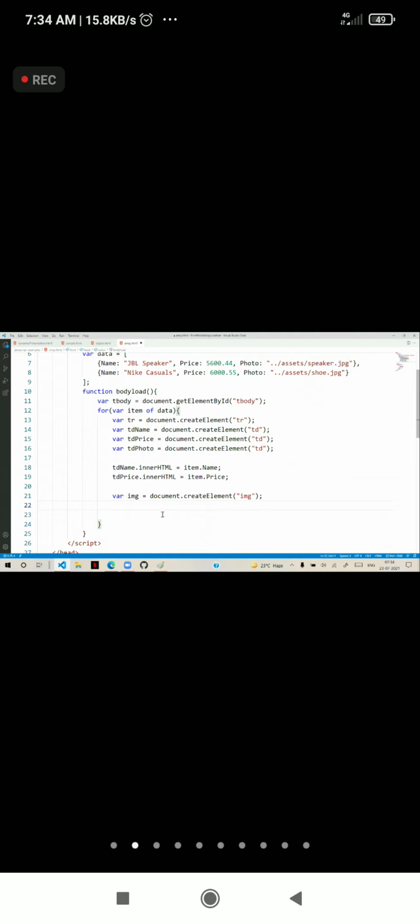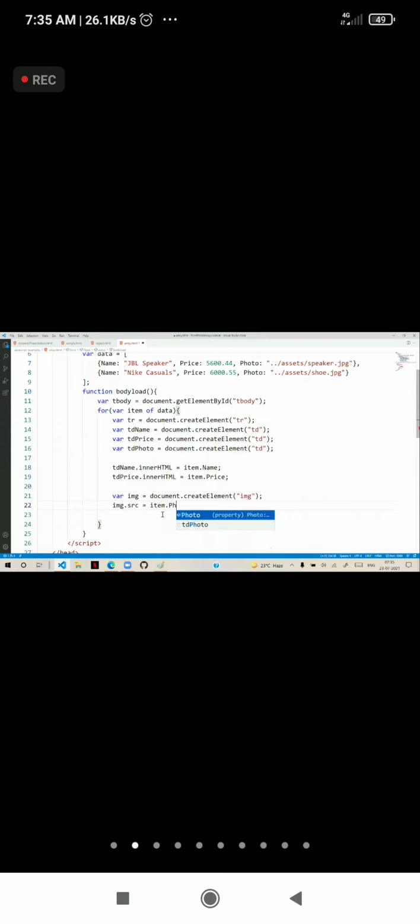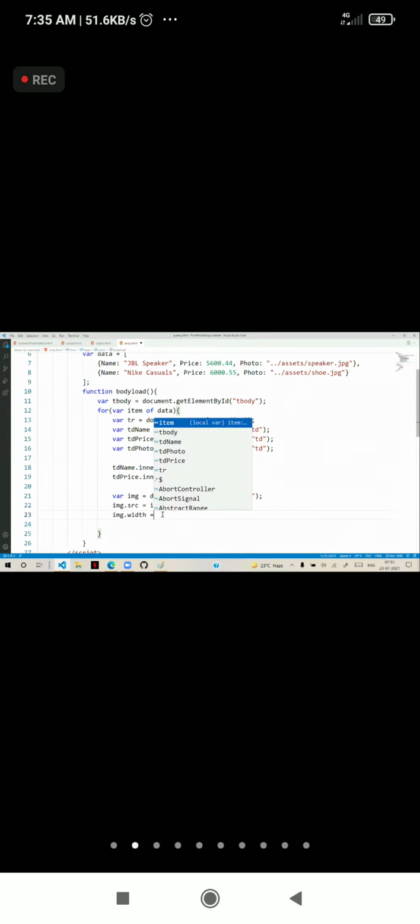After creating the image element, that image will have a source. Image source is equal to item.photo. Then image width is equal to some 100, image height is equal to some 100. Like this, height and width we defined for the image.